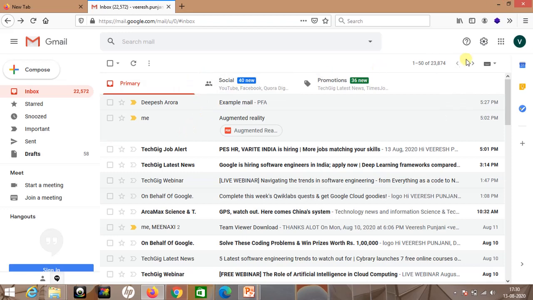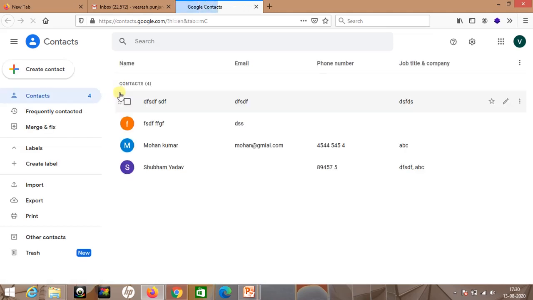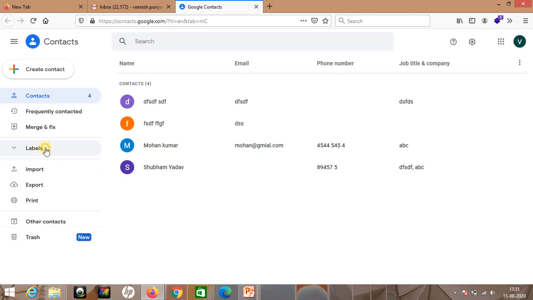So let's create a label. First of all, we have to go again to the contacts. Now on the contacts you can see a label button here, so you have to click on this label. As soon as you click on the label, you can see a list of different labels.